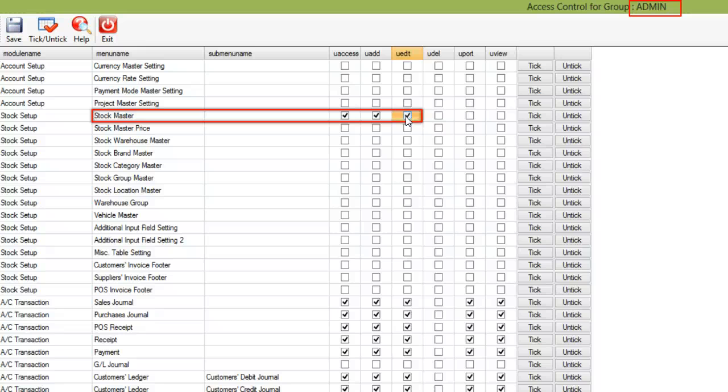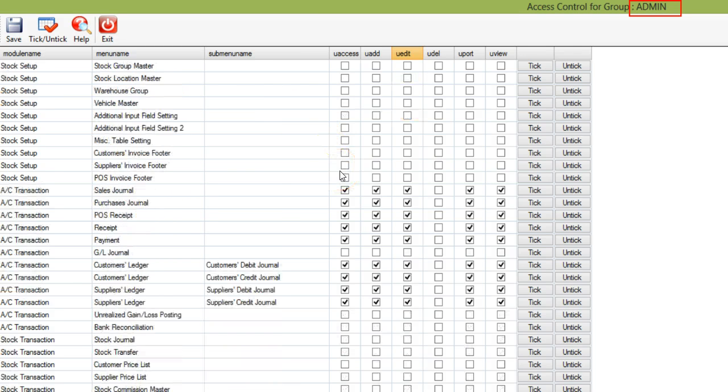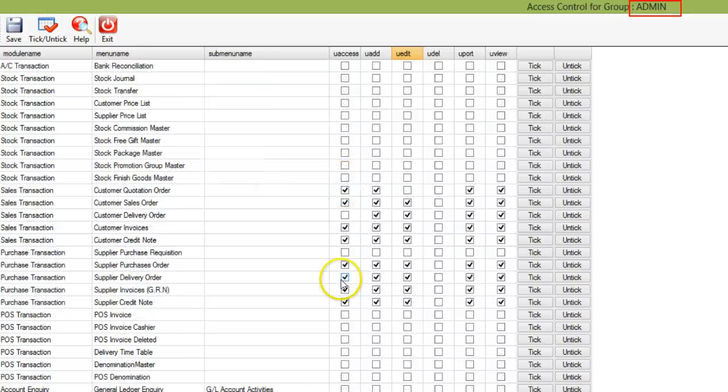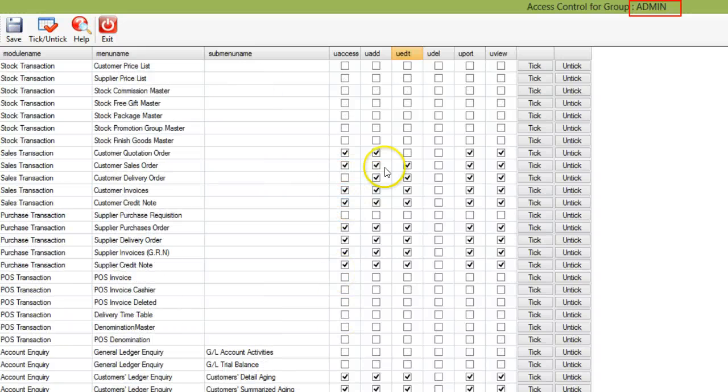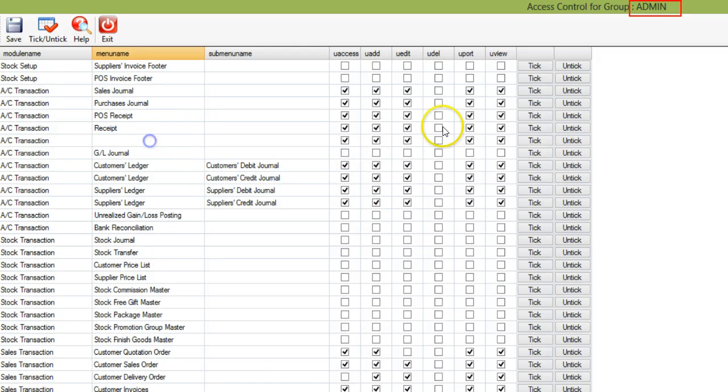So you are expanding her role to include more responsibility of maintaining the stock master, and you are limiting the roles in the quotation here by not allowing her to edit the quotation and not allowing her to go into the customer delivery order. At the payment here, you can also limit her role to print the reports by removing this tick under